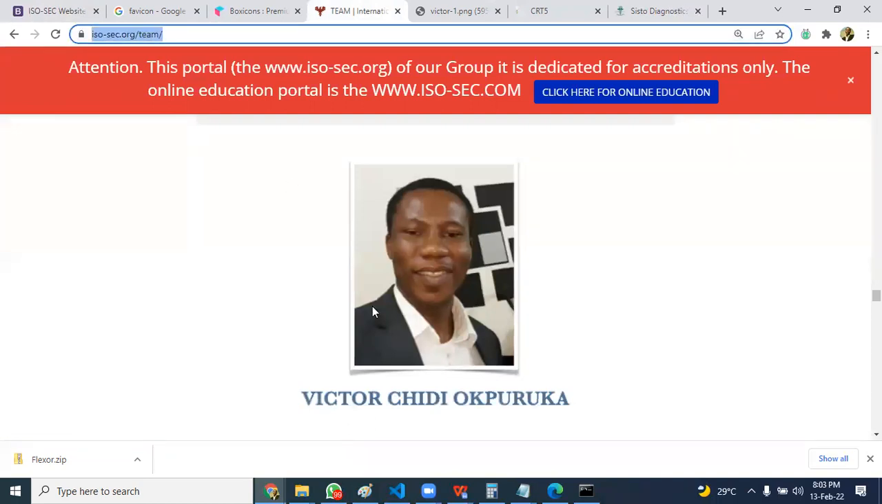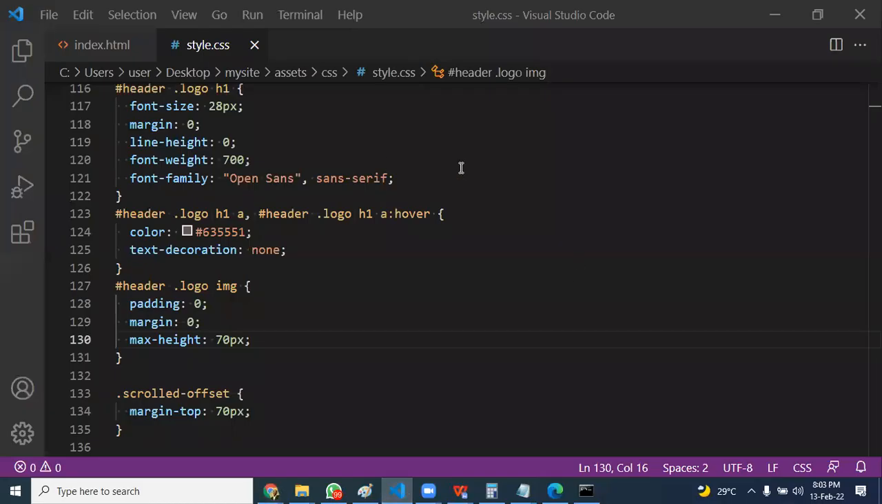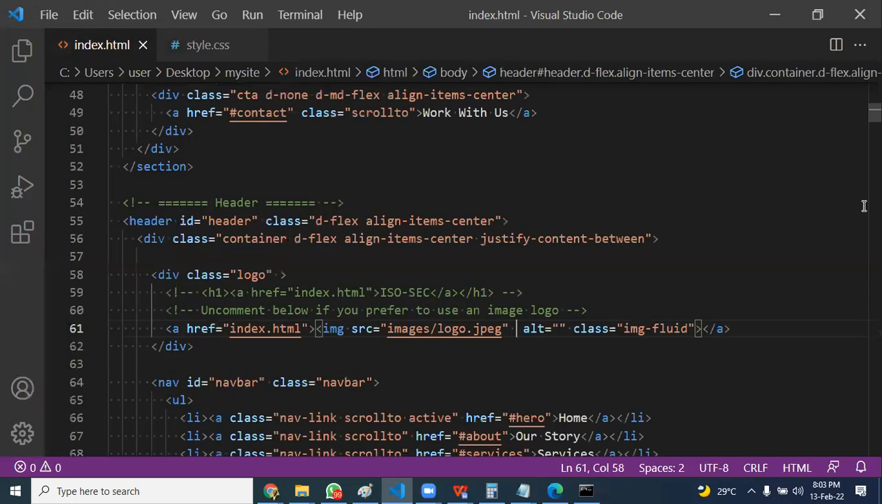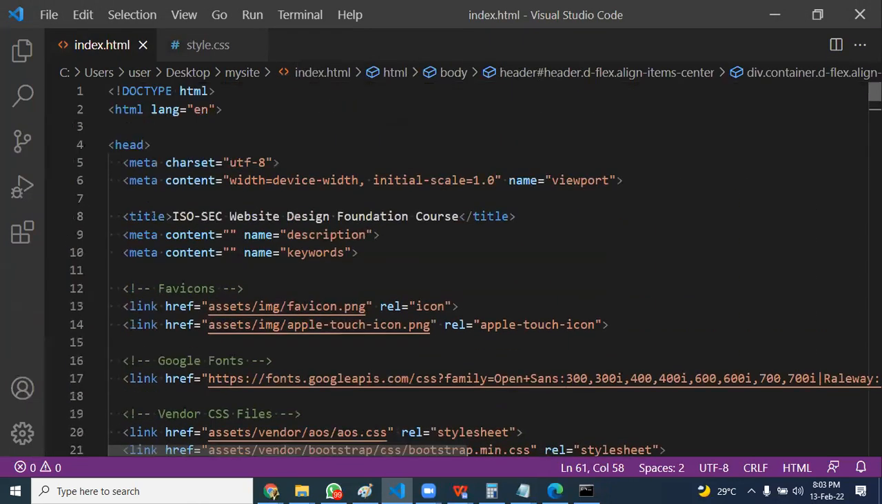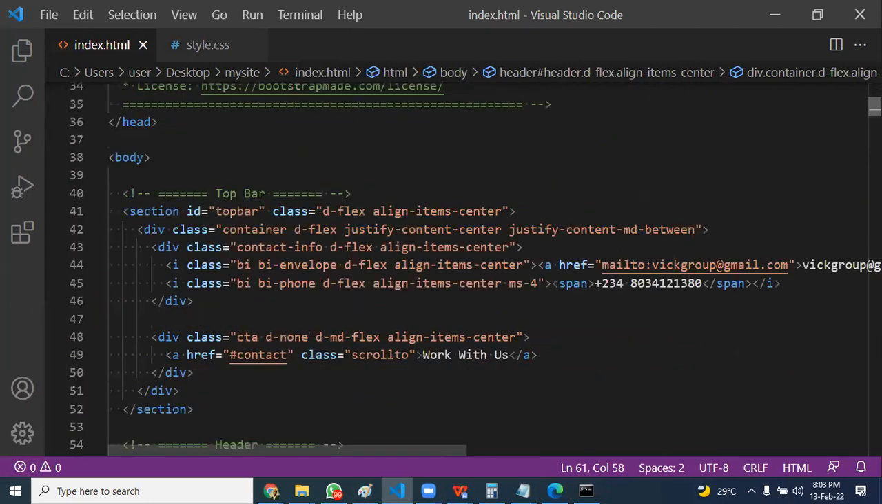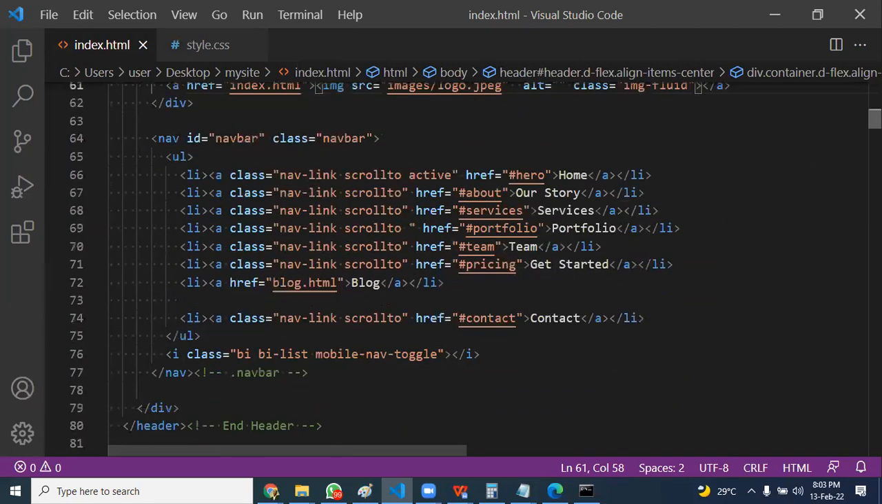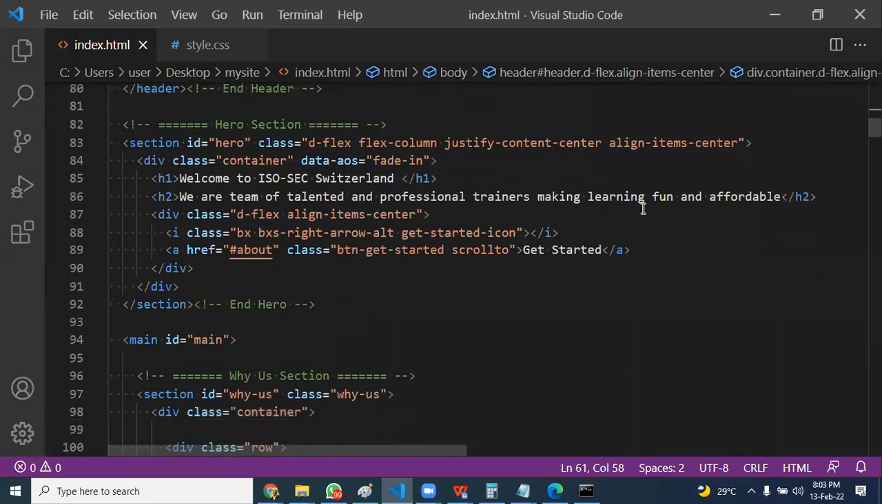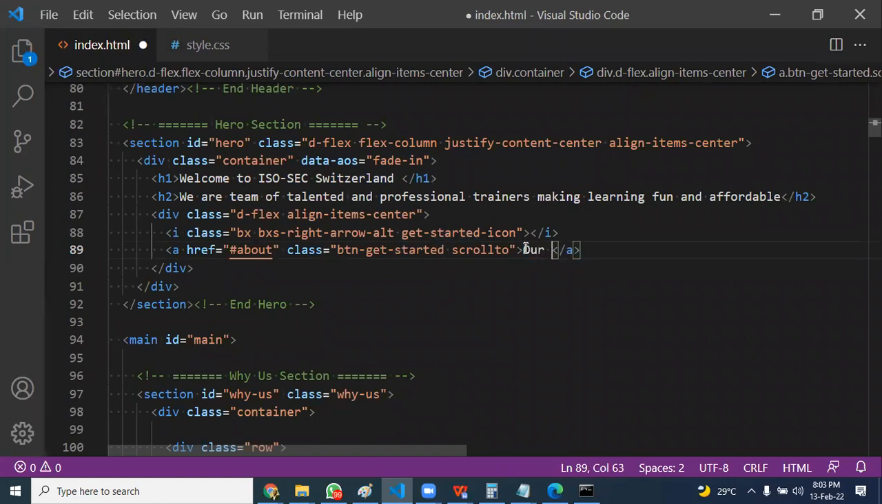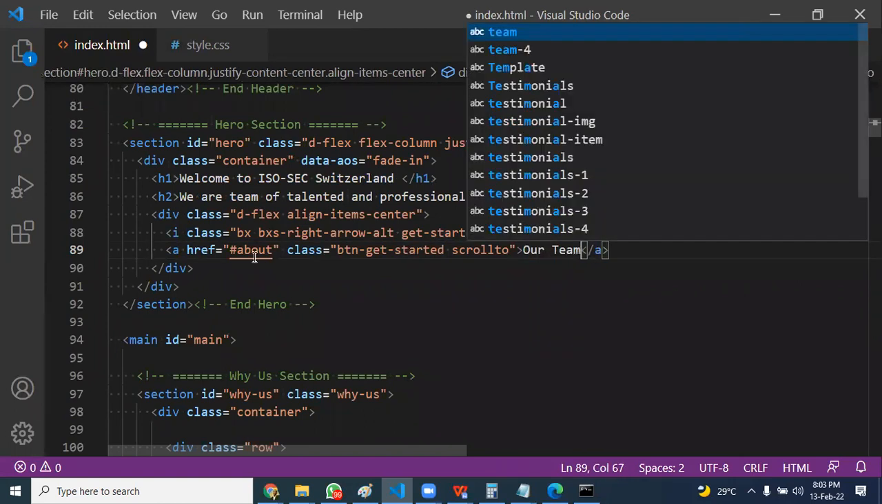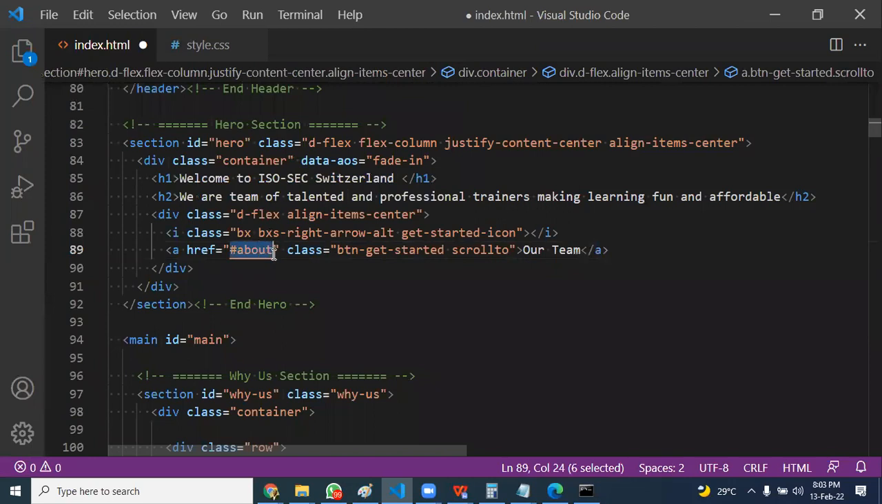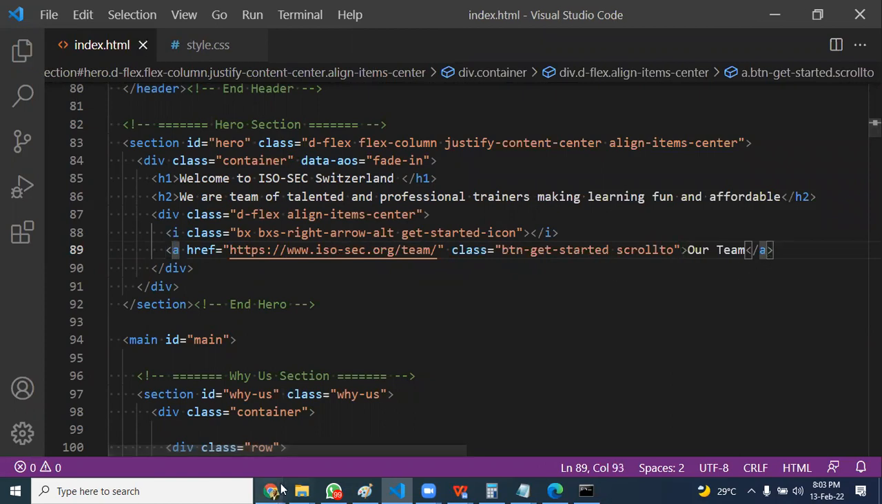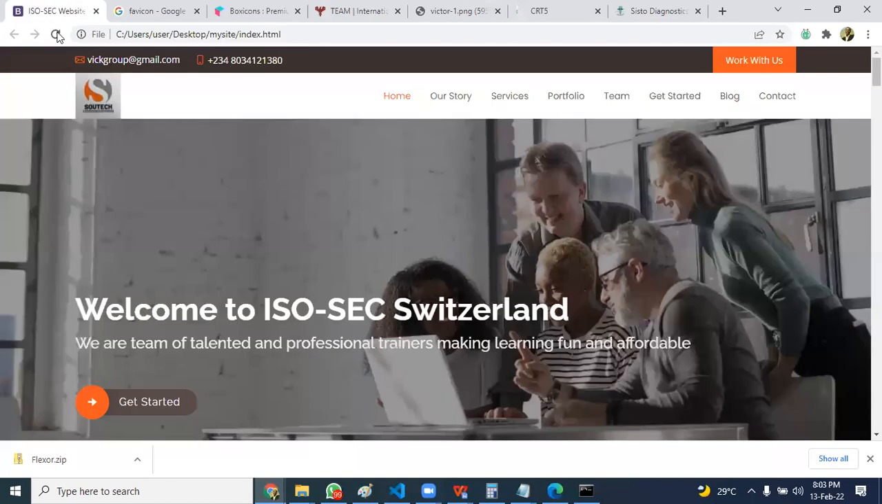Yeah. So all I need to do is to get to my index, get to where I have that work with us. Where is it? I could do a search, get started, right? I can say our team. And here I put the direct link to ISOSEC, right? This is an anchor tag you learned in your basic HTML, right? And once I refresh my site,